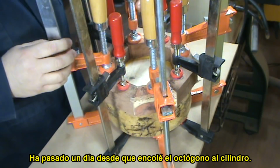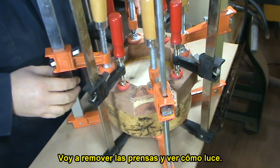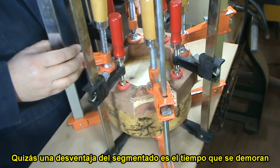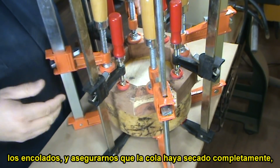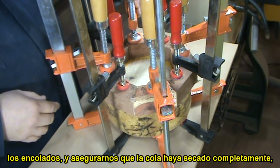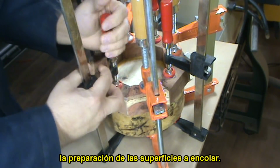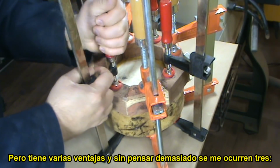It has been a whole day since I glued all these pieces together, so now it's time to remove the clamps and see how it looks. That's perhaps the disadvantage of segmentation, is that it requires first time to make all the glue ups and make sure that the glue is dry, and the cutting of the pieces, you have to be careful on the cutting,